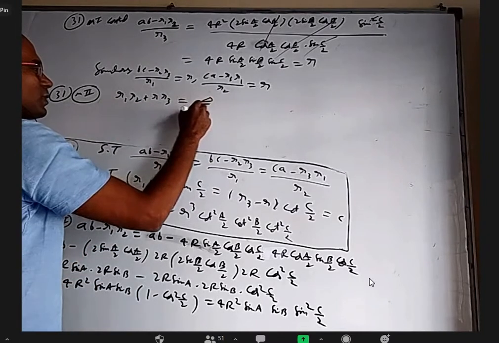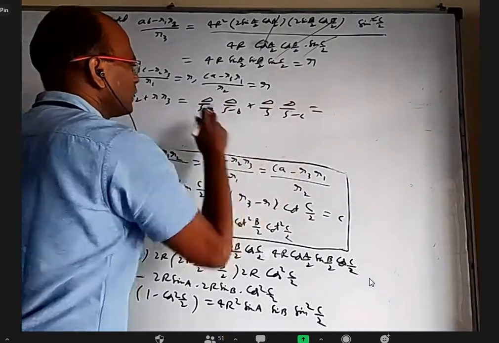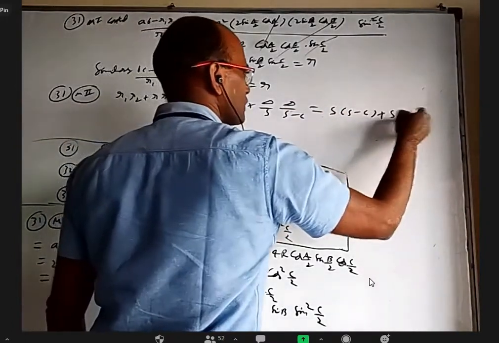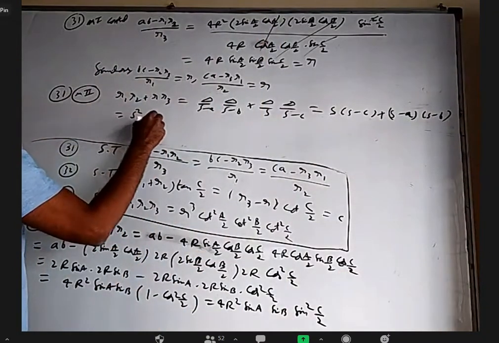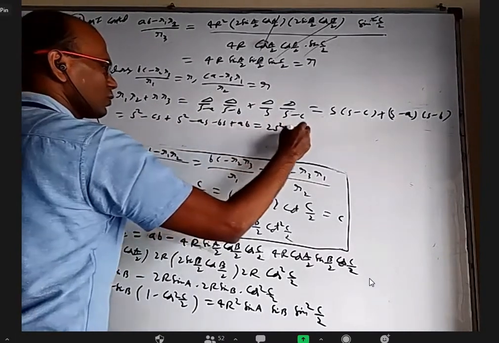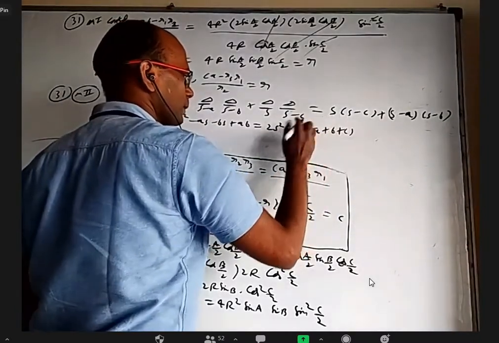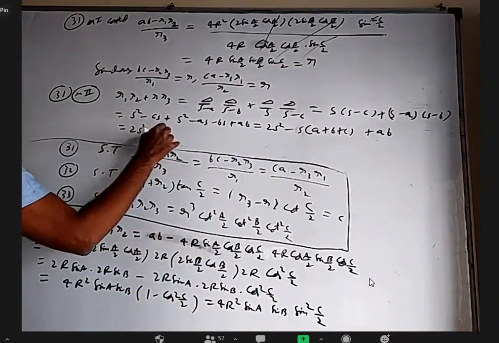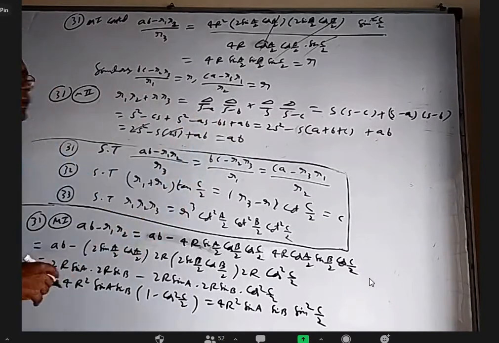Simply use delta by S minus A, delta by S minus B, delta by S, delta by S minus C. Delta square, if you expand and cancel these two, I'll get S into S minus C. This is S minus CA into S minus B. When I expand, I'll get S square minus CS plus S square minus AS minus BS plus AB. 2S square minus S common A plus B plus C plus AB. 2S square minus S into 2S plus AB. These two got cancelled, it is AB. So I proved it is AB.